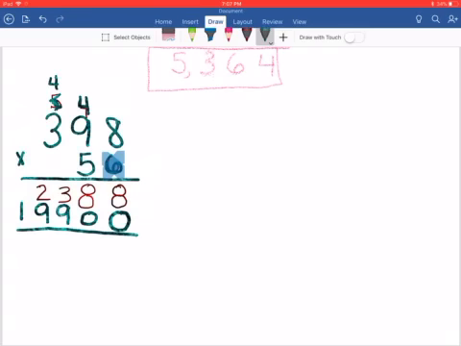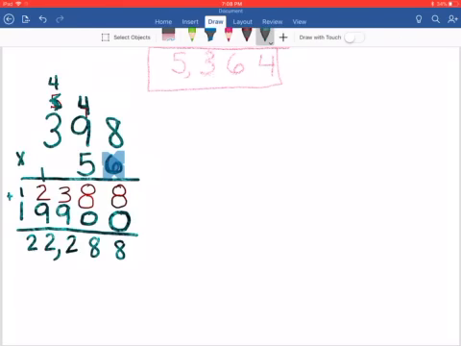Now, we just need to add up. 8 plus 0 is 8. 8 plus 0 is 8. 9 plus 3 is 12. Carry the 1. 9 plus 1 is 10. Plus 2 is 12. Carry the 1. 1 plus 1 is 2. Now,